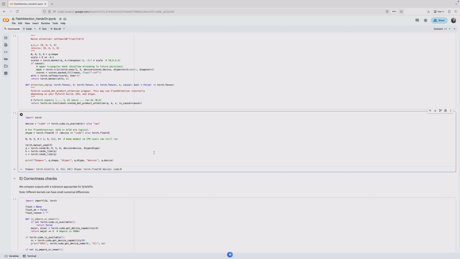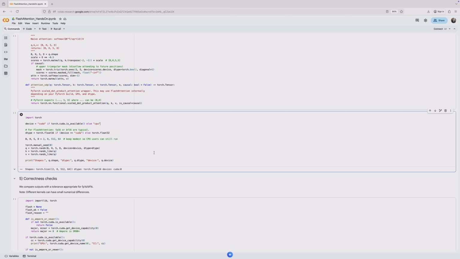Finally, we print out the shapes, data type, and device of the query tensor. This is another small sanity check that confirms everything is set up as expected before we move on to running attention. In the next step, we'll start computing attention outputs and directly compare the naive implementation, PyTorch SDPA, and FlashAttention